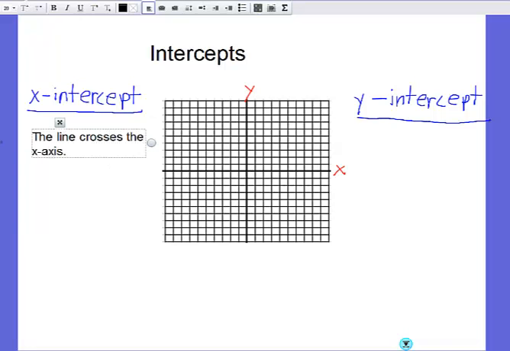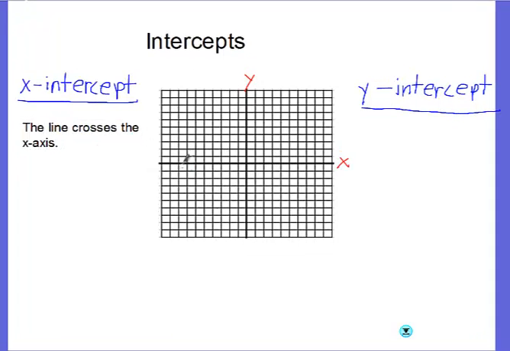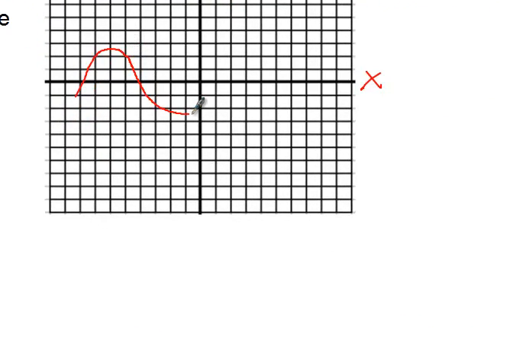Anytime a graph or line crosses the x-axis, there is an x-intercept. If you look here, our red line has 1, 2, 3, 4 x-intercepts because it crosses the x-axis at